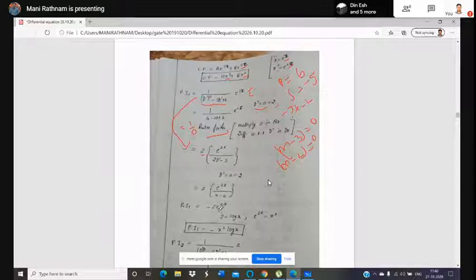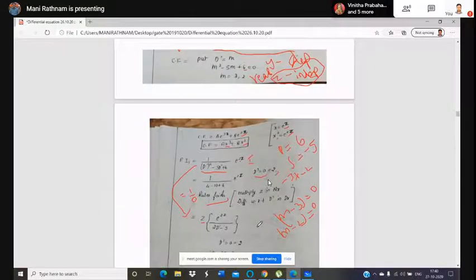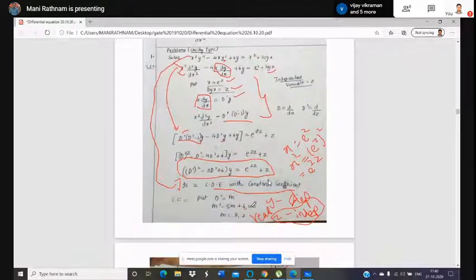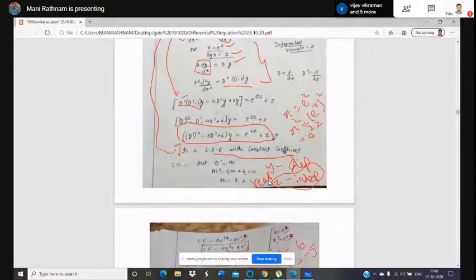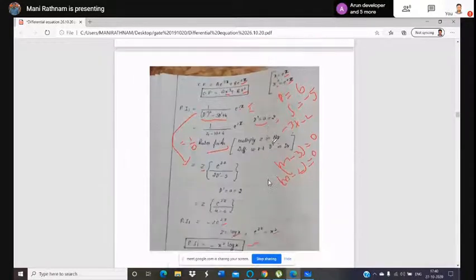This is PI1. And finally, we should replace the substitutions we used for exponential and z. z is nothing but log x, and e power 2z is nothing but x square. So x square log x is that PI1. That is a particular integral of that particular function e power 2z. And next, plus z is there.